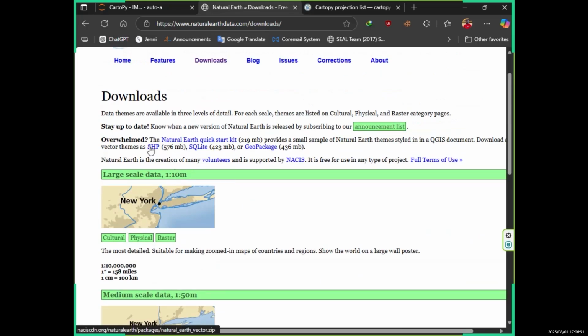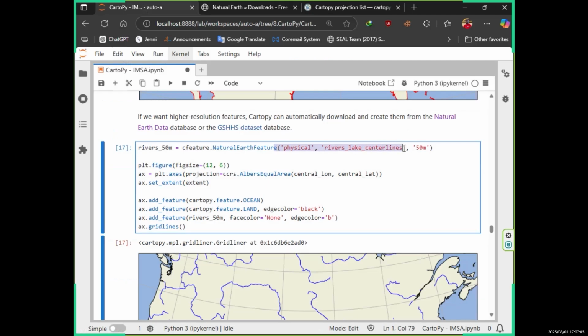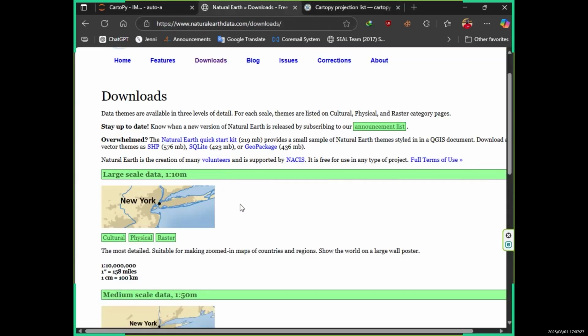So here you can see if you need to download, you can download this one directly in shape file format. The total size will be 576 MB. If you need to manually download this one, you can call for this physical layer and download it in the same way. But in this case, we are setting it as a separate variable. So in this case, we are downloading the CF feature, natural earth feature, download river lake centerlines, because in here, if I go into the Natural Earth website, in the features,